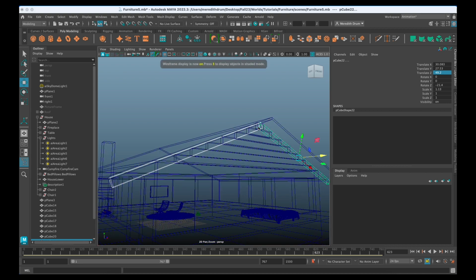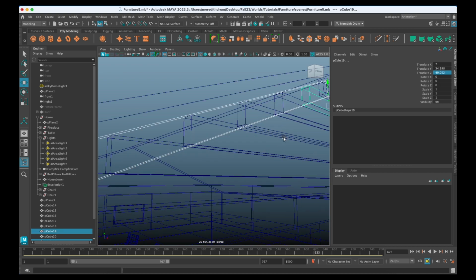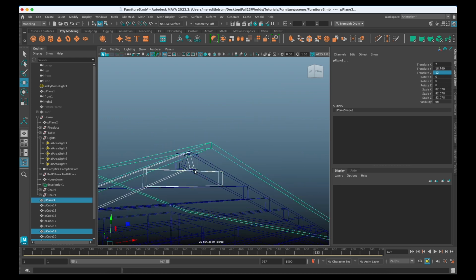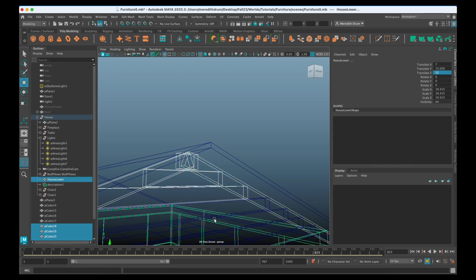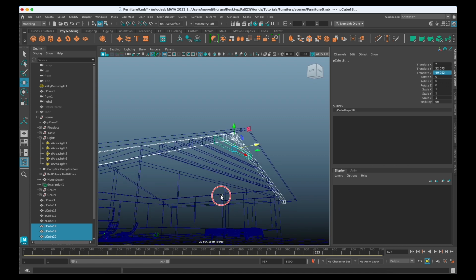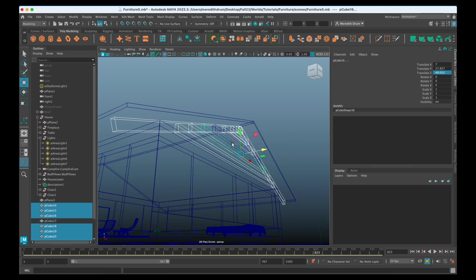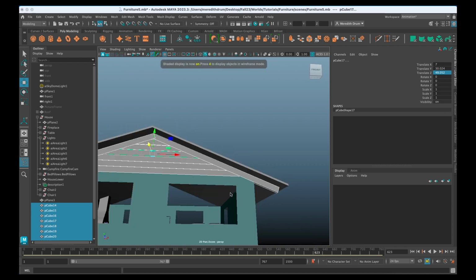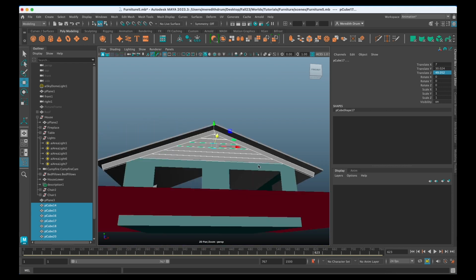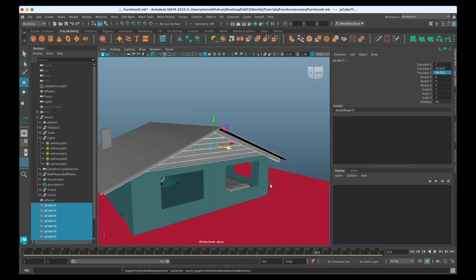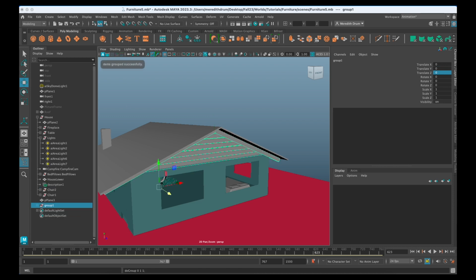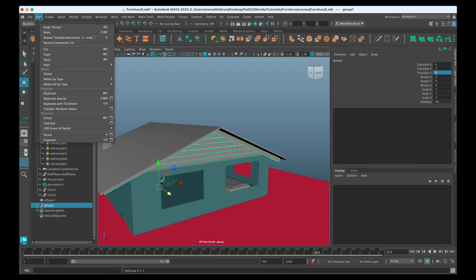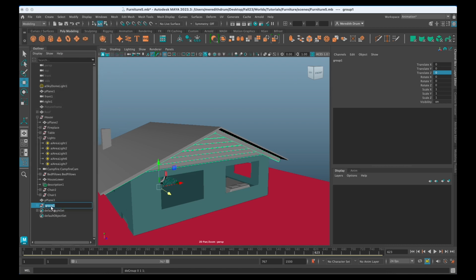Let's make sure we get all of them. Press Shift to grab the others and make a group out of this. Did I miss one? If I press hide, I can see if I missed any. Okay, H to unhide. Now, is it Command G for group? You could also go up to Edit and Group that way. Edit Group. And I'll call that, I don't know, attic wall 1.